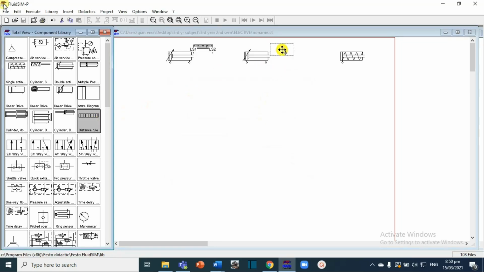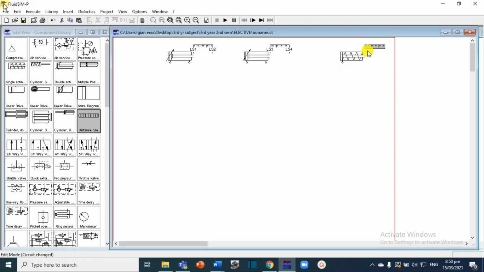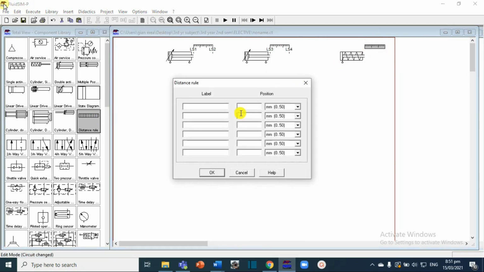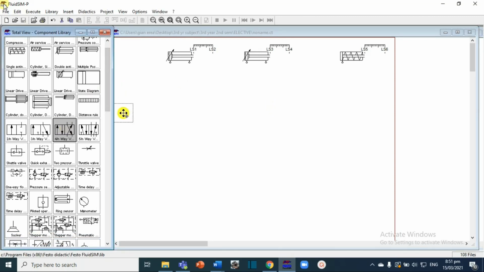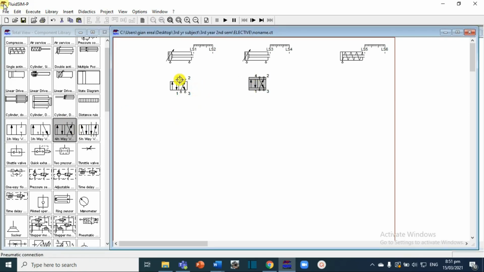So for LS2 to be at the farthest, we label it 100 millimeters, and LS1 is 0 as is. Then I'm doing that again. And for the single acting cylinder, it has a limit of 50 millimeters, so 50 millimeters for LS6. Enter. After that, we would be needing 2 for two-way, because the double acting cylinder needs 2 passages, and we will set it